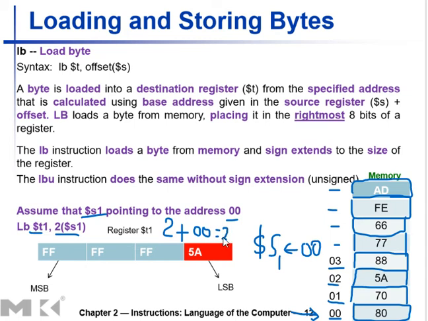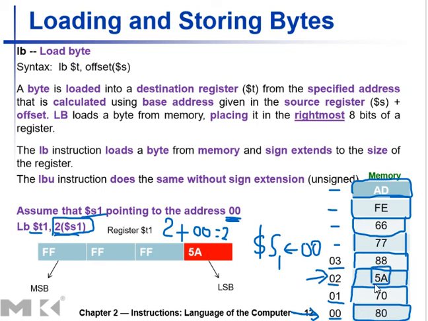So go to the address 2. This one is telling you the address. In the bracket you have the base address. The base address is 0 as given in the question. So you add the offset, 0 plus 2 you get 2. So what is the 2? 2 is the address in memory. Go to the address in memory. Yes, this is the address in memory. What does this address contain? It contains the value 5A.